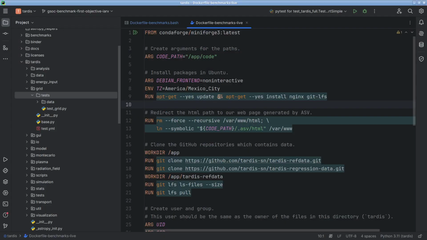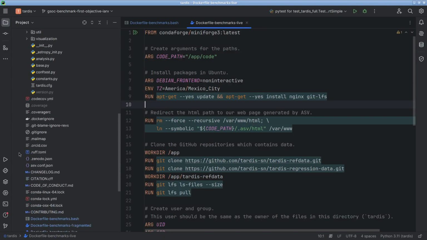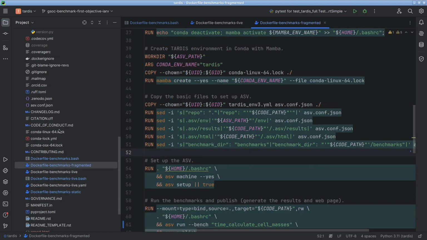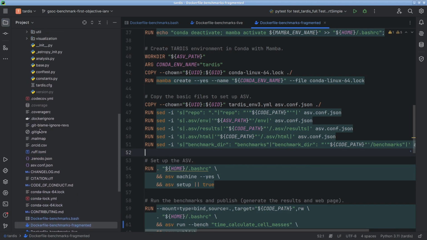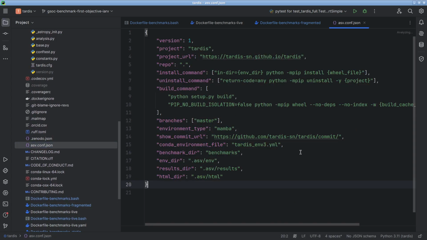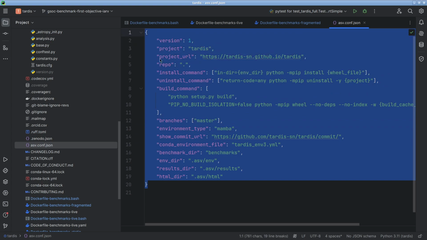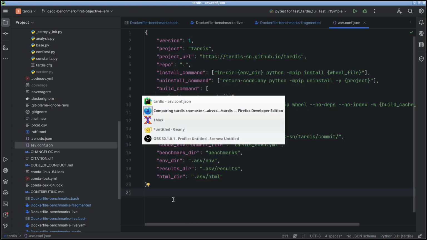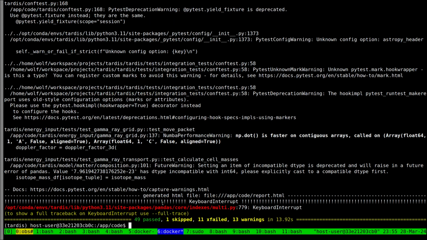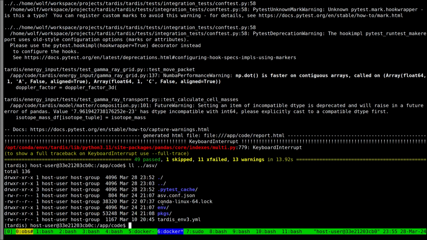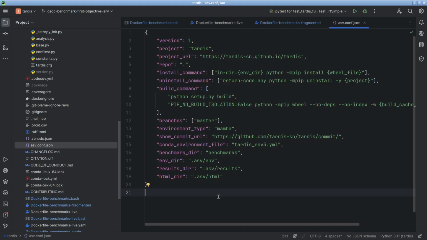Yes, if I modify in this fragmented version, we are here in fragmented. If I use this fragmented version and I want to do a lot of tests or changes in the ASV config and testing, it won't work because ASV is not taking this file. It's taking the file created in the ASV code, which is modified during the creation of the image. If you want to test, you need to change here manually the app code